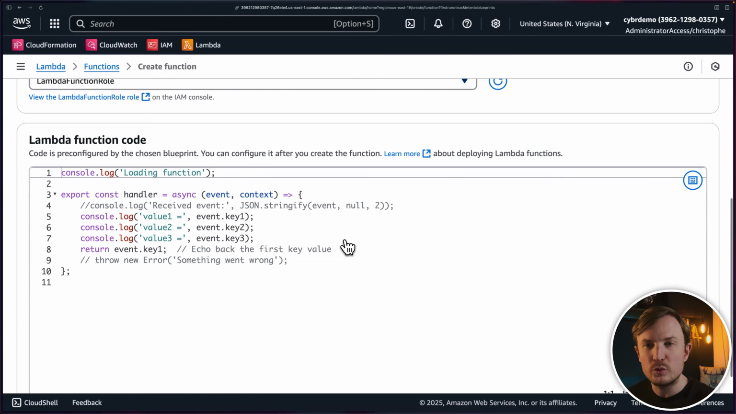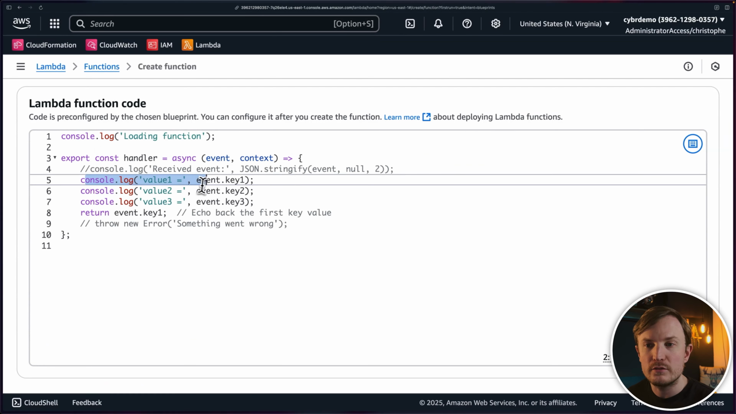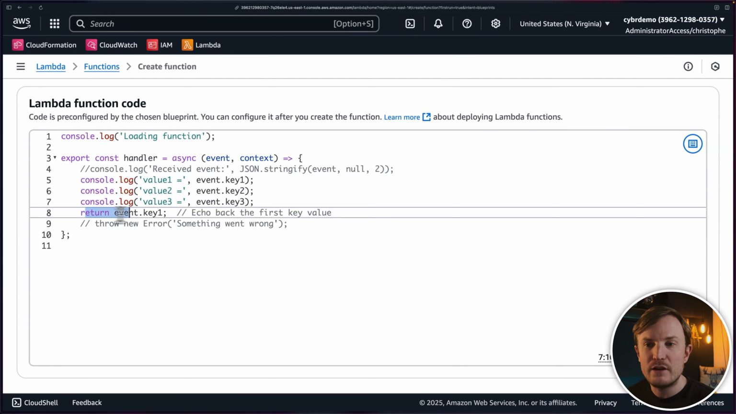And then we'll scroll down. We'll take a look at the code really quickly because I want to point out all we have here is a bunch of console log functions or events. And then we have return event key 1. We don't have a single credential in sight, and that's the power of roles. It's using temporary credentials behind the scenes, so as the function executes, it will get those temporary credentials through its